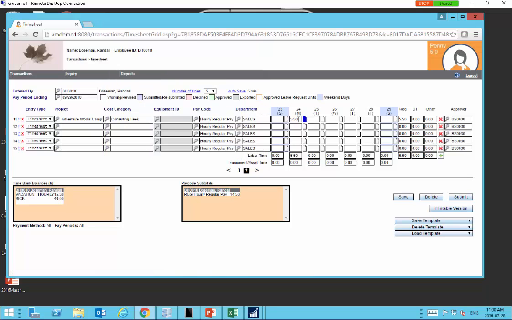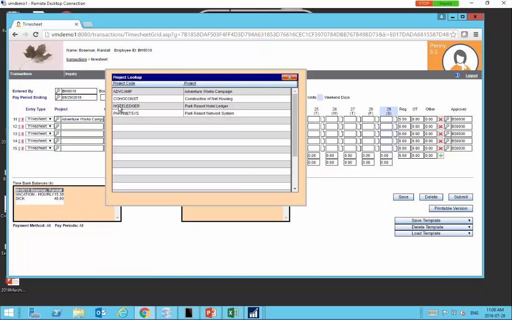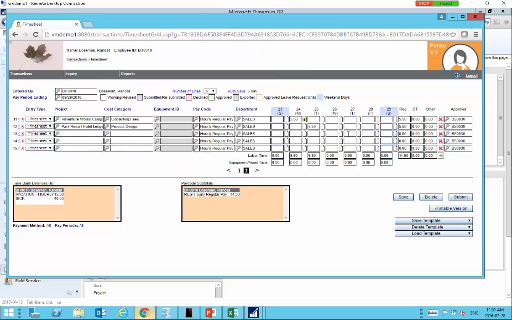So as an employee, I go through, I put in my time, I can save it on a day-by-day basis. When I'm happy with it, I go through and I submit it. By default, it knows who I'm supposed to be approved by. This is, again, something I can turn on, turn off, but by default, when you're doing project types of things,